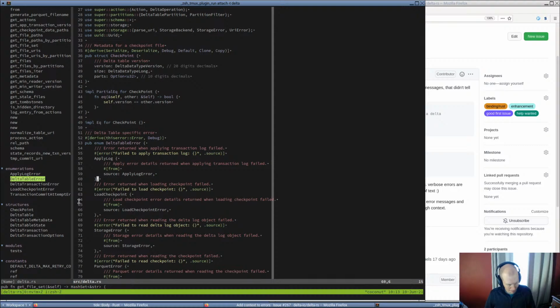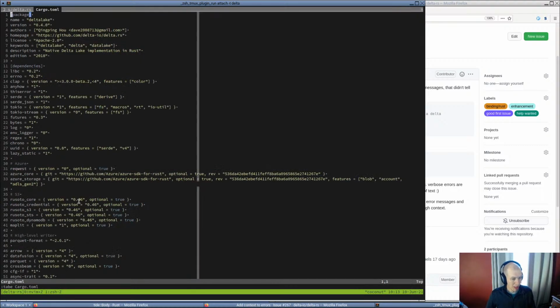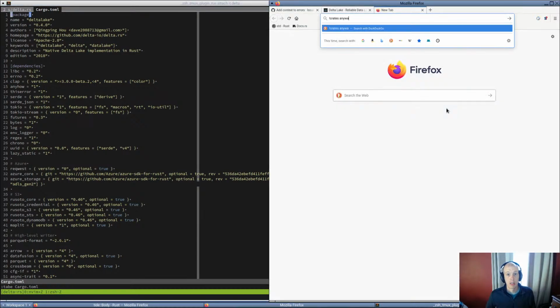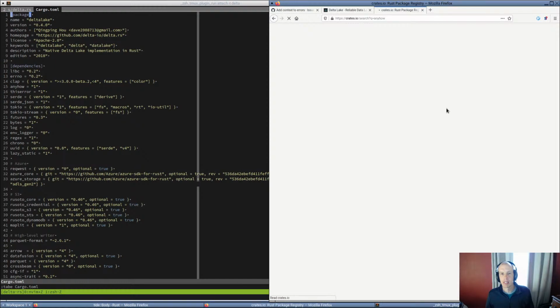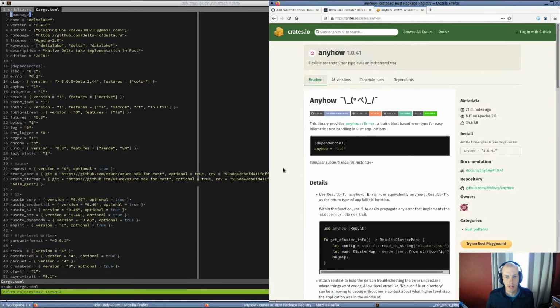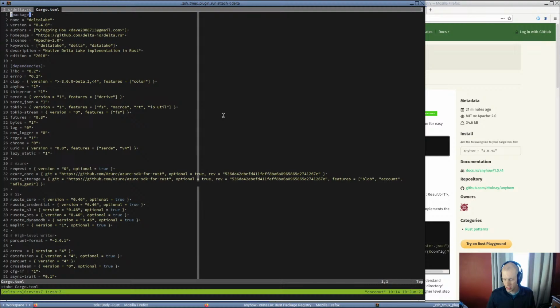I'm going to open up Cargo.toml because there's a crate here that I want to recommend. I think it's anyhow. Not "anyways," anyhow, if I'm remembering which one this is. I'm pretty sure this is the error crate that I'm thinking of. So anyhow is a very useful error management crate in Rust, which I'd encourage you to check